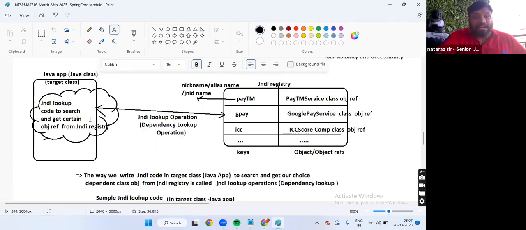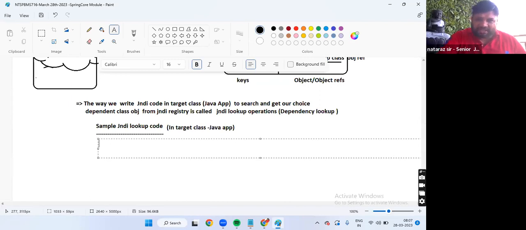Similarly, in JNDI programming, there is a class called InitialContext. The object of the InitialContext class represents connection with the JNDI registry. Understanding my statement? Even though you don't know, you'll enjoy this coding like anything. It's all about focus.